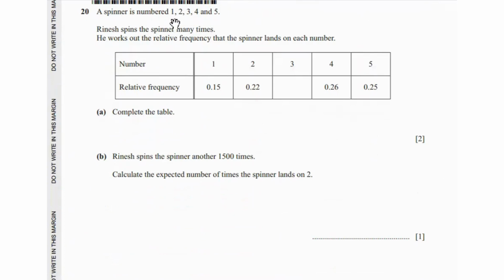Then it says the spinner is numbered 1, 2, 3, 4, and 5. Vinish spins the spinner many times. He works out the relative frequency that the spinner lands on each number. Complete the table. So to find the relative frequency for the spinner landing on number 3, what we will do is subtract all of these frequencies from 1. So 1 minus 0.15 minus 0.22 minus 0.26 minus 0.25, which will give us